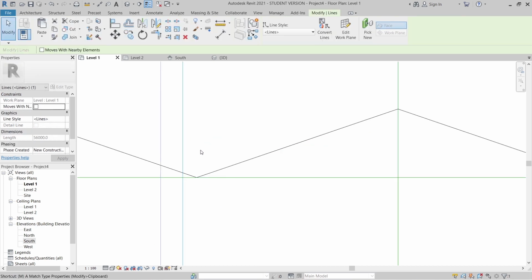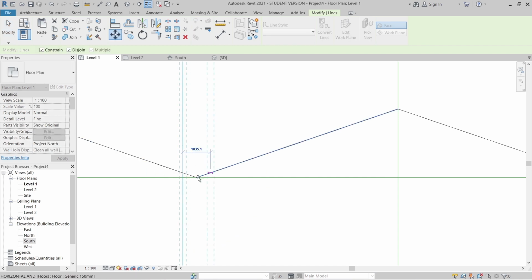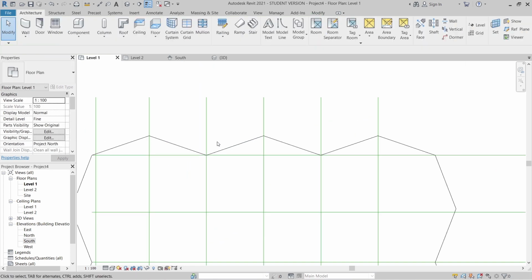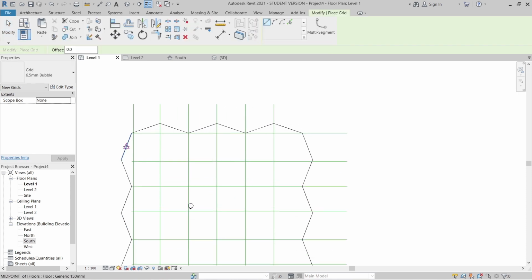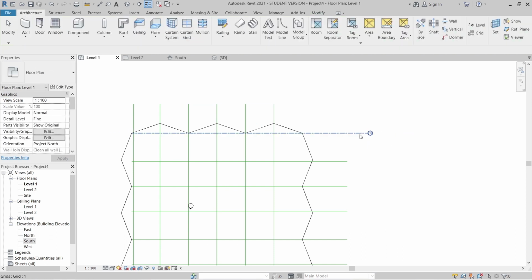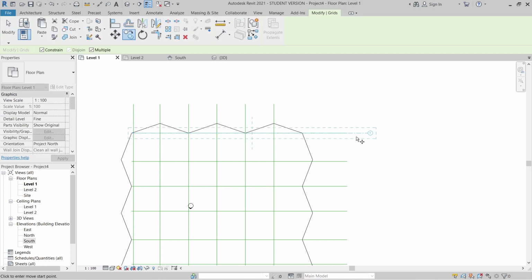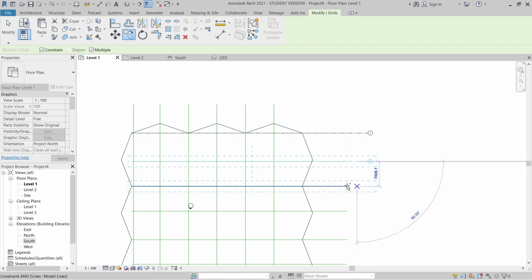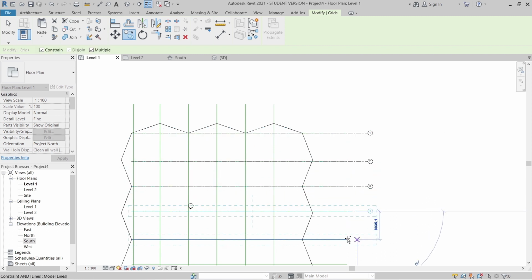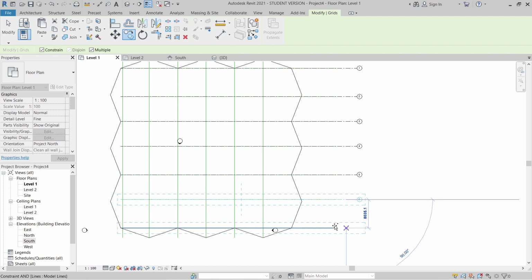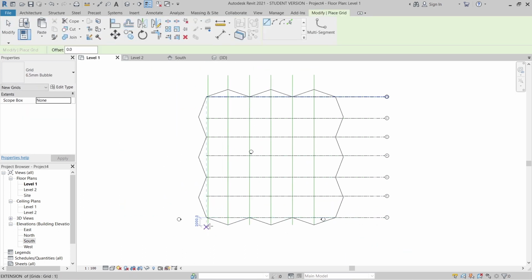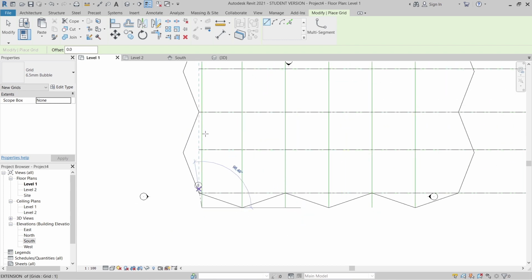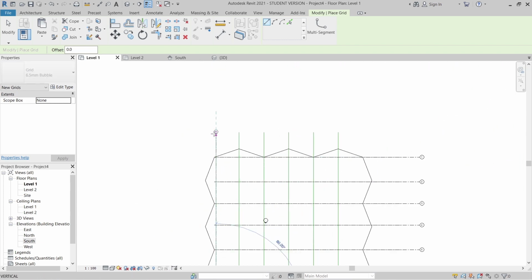Then here I need to move also, V for move. Okay, I think it's perfect. GR for grid line. Start draw from here until here, hit escape. Then I can CO for copy. Just continue copy, follow our previous line here. Okay, again GR for vertical, start from first point here and until here.